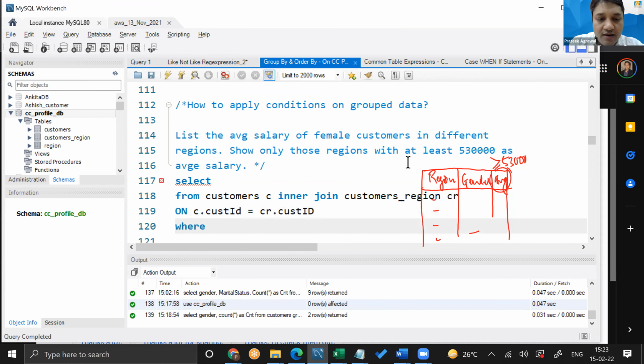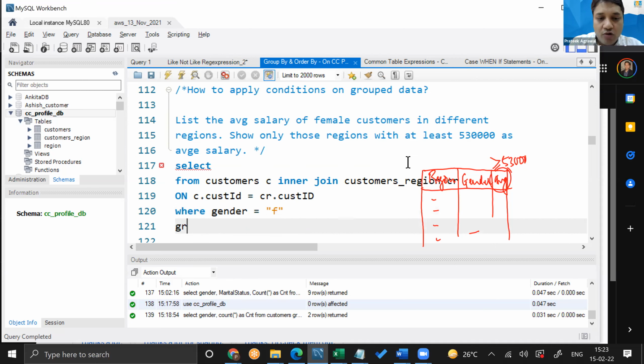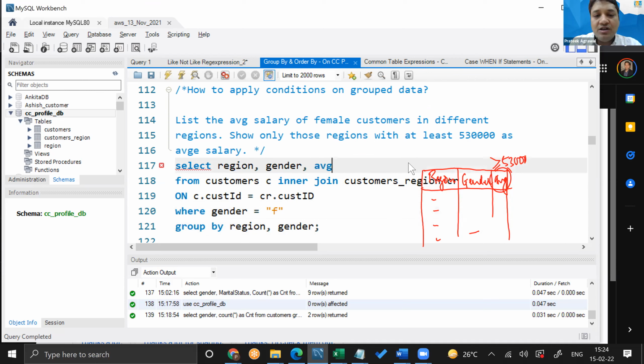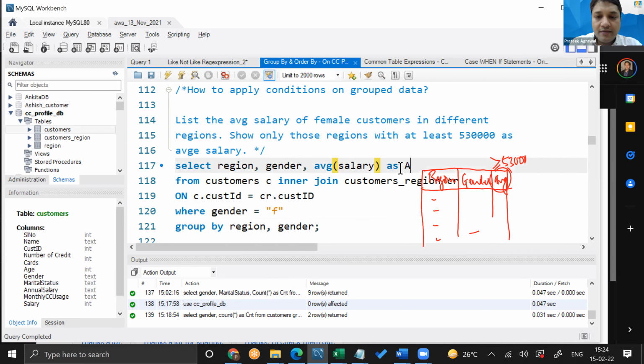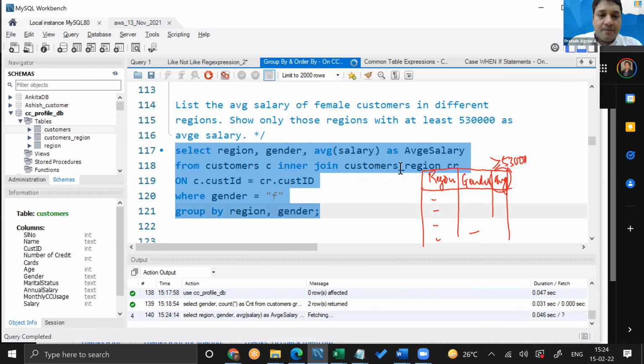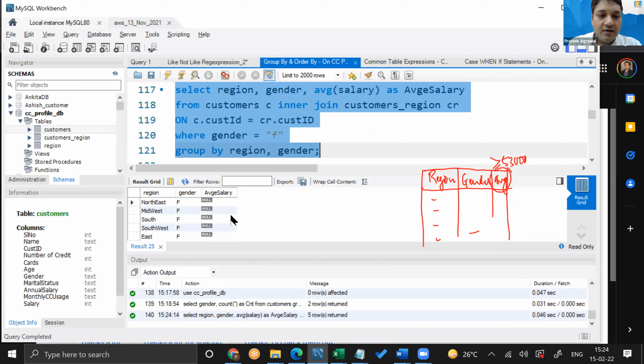We also want where gender is equal to F. Then we want to group the data by region, gender, and here we will have region, gender, AVG of salary.